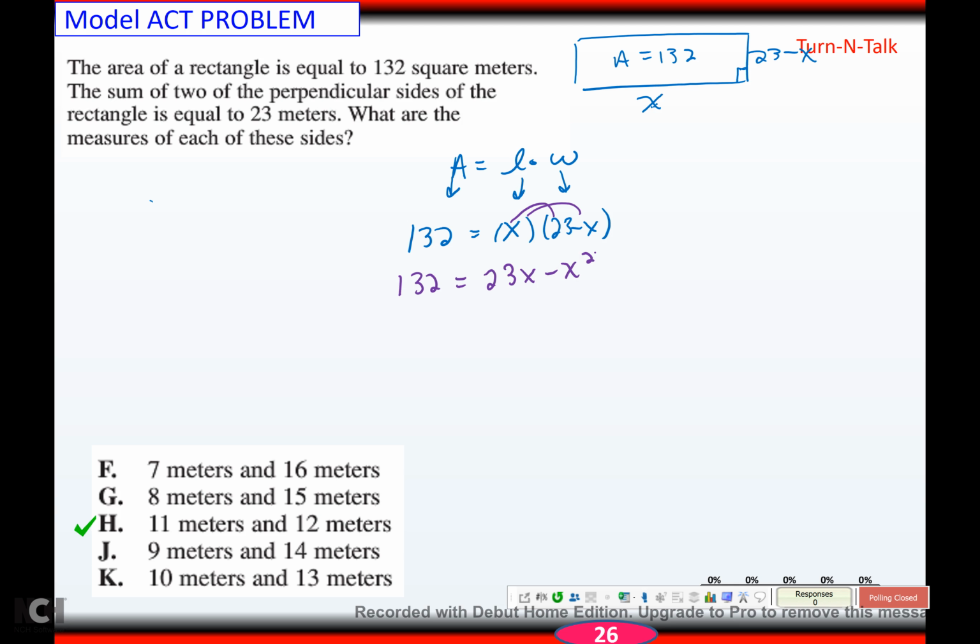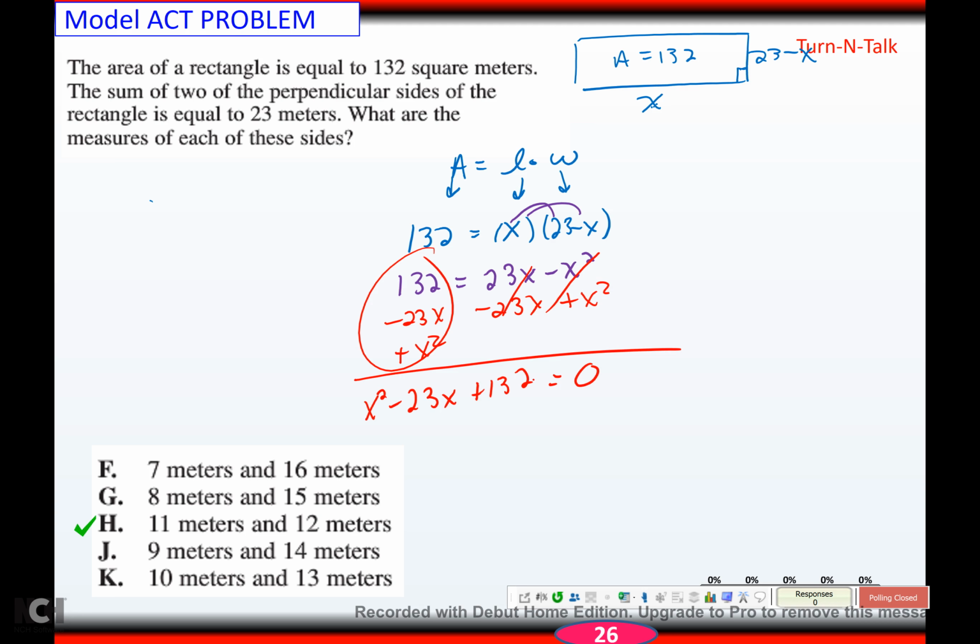Okay, I don't like my x squared negative, so I'm going to move everything over. So I'm going to minus 23x, and I'm going to add x squared, which gives me 0 on that side. And then these just line up in order, so I have x squared minus 23x plus 132. Okay, and then I solve it. It should be an easy factor because a is 1. So I find factors of